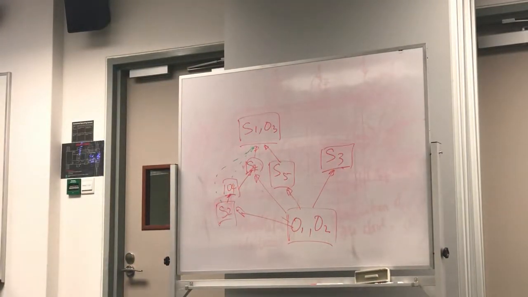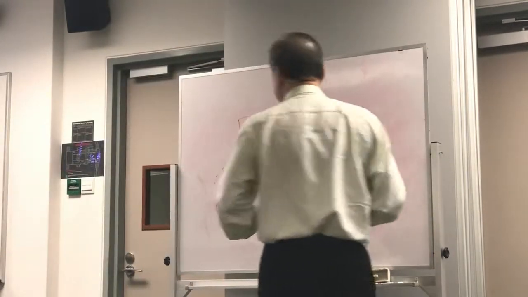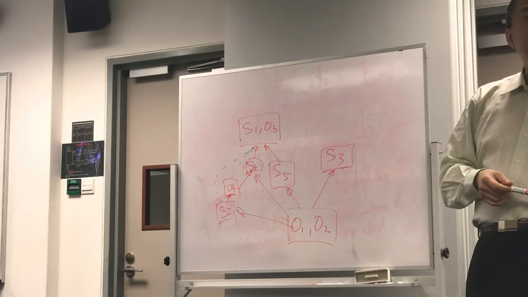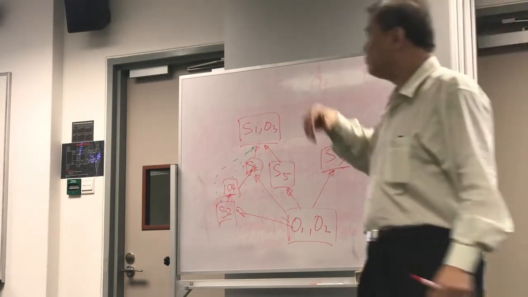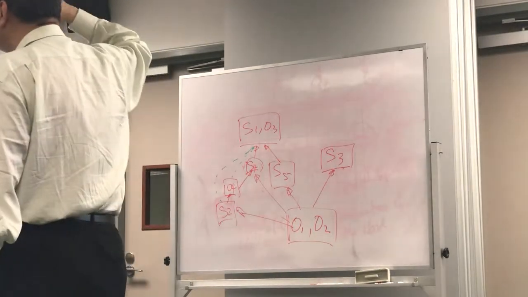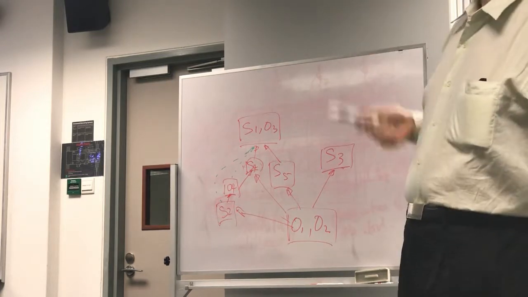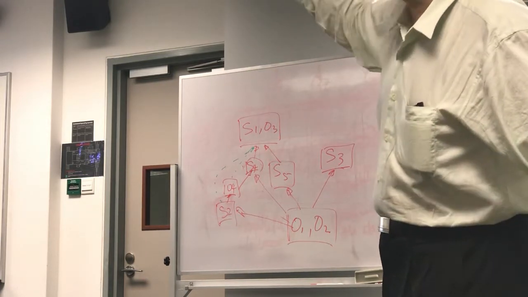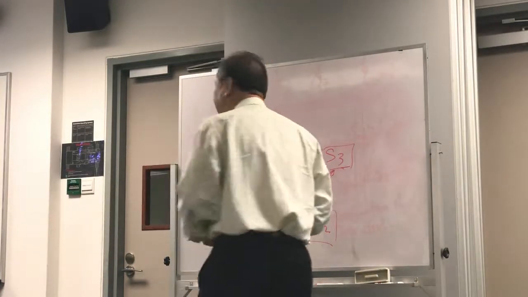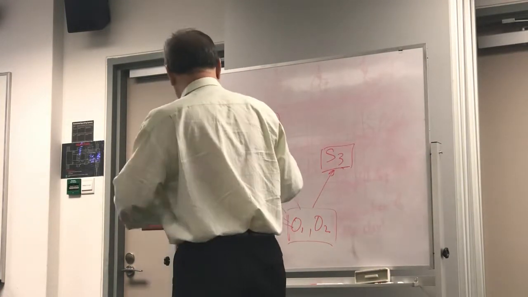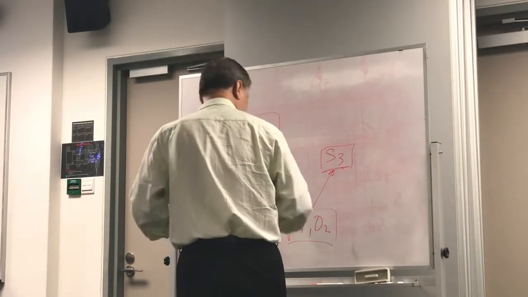Now O5, this one. O5, S2 can write O5, S5 can write O5, so it means that S2 and S5 are above O5. Right, means that S2 and S5 are above O5, that's why they can write. No, O5 is higher. O5 is higher than S2 and S5. O5 is somewhere higher.